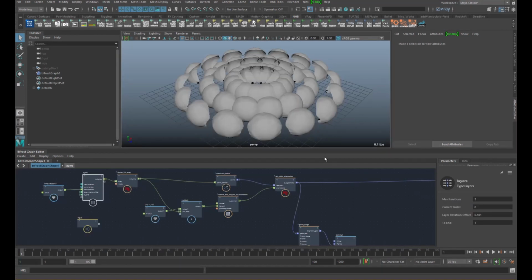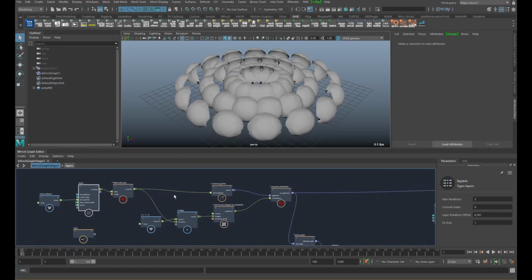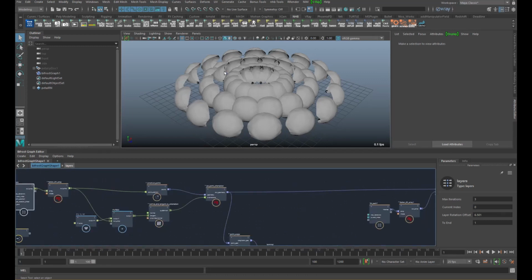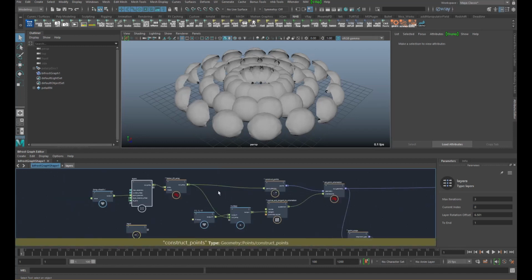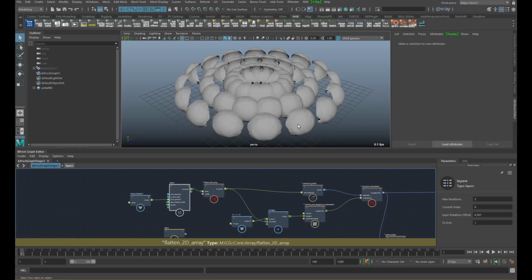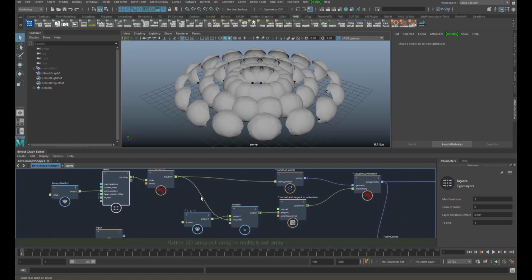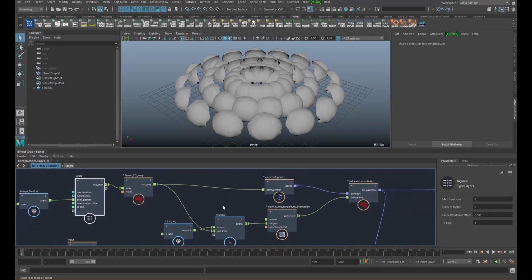Hello and welcome back to the second part of the tutorial, where we're going to have a look at how to animate our instances and offset them layer by layer. There was one thing that I did wrong in the first half.